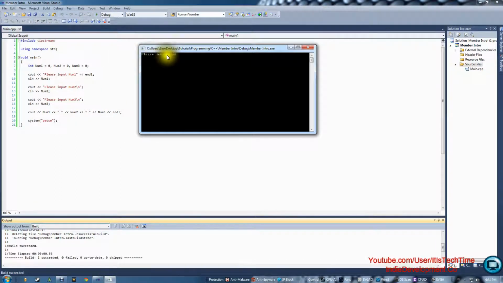So it asks you, please input num1, so let's go ahead and put 1. Please input num2, let's do 5. Please input num3. Let's do 6, and the numbers are 1 for num1, 5 for num2, 6 for num3, just like we have done for the input. So let's go ahead and close that,